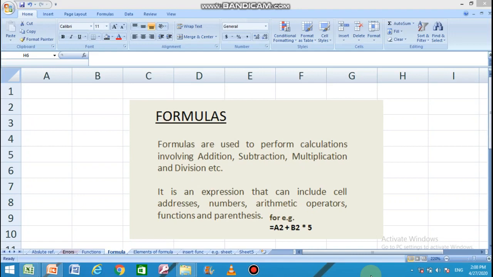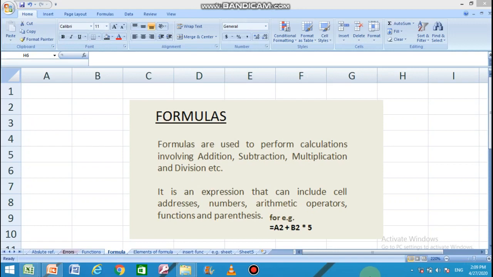Formulas are used to perform calculations. The calculations could be the basic calculations like addition, subtraction, multiplication or division, or it can be a complex calculation like statistical calculation or logical calculations, engineering calculations, etc. Simply, a formula is an expression that can include cell addresses or numbers or different operators to perform any calculation.